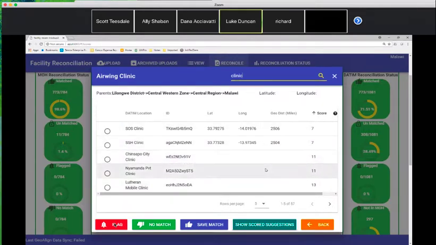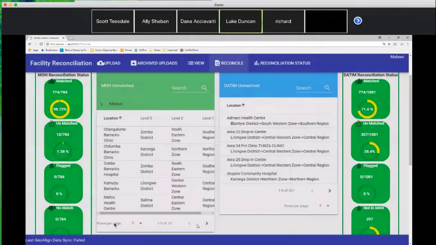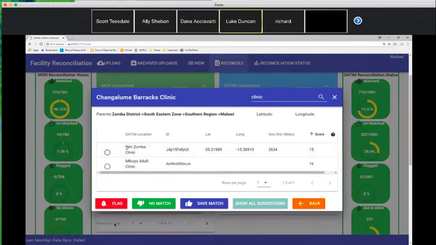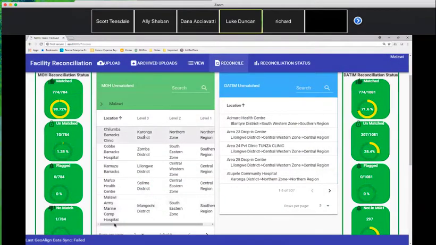If for some reason it changed, you can say, oh, I know that one changed, so this is the name of it. I can save that match if it was renamed at some point, and then that will go in there. Mainly, you could come in and say, okay, this is a new one. I know that's not there, so I can just click no match. And basically, you just go through that whole process,